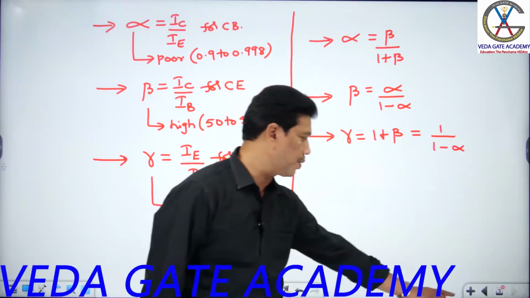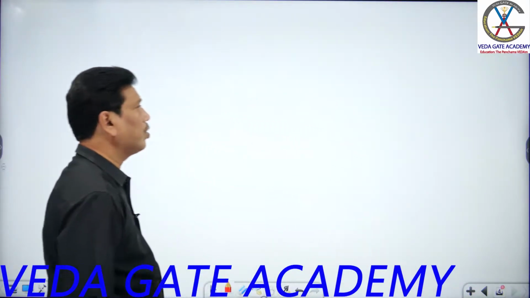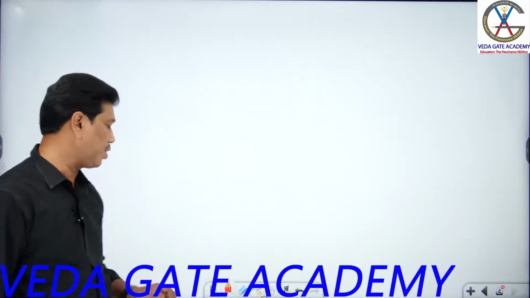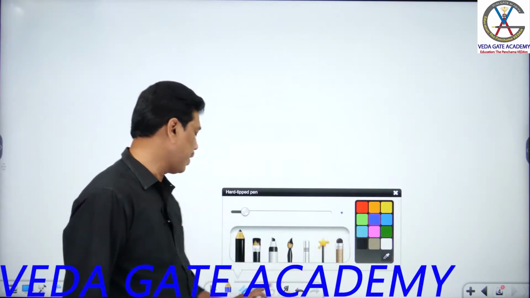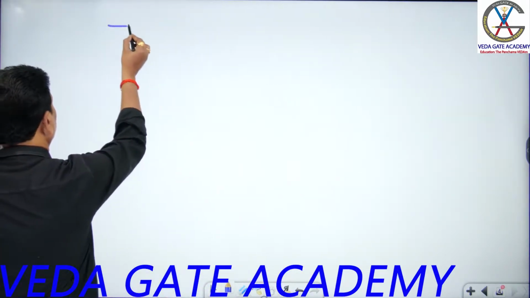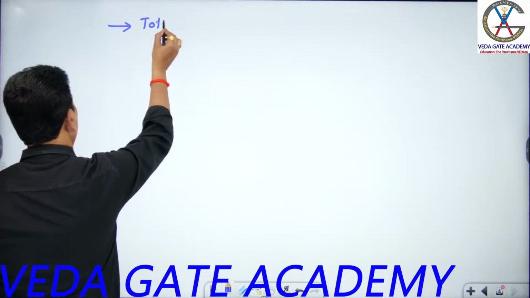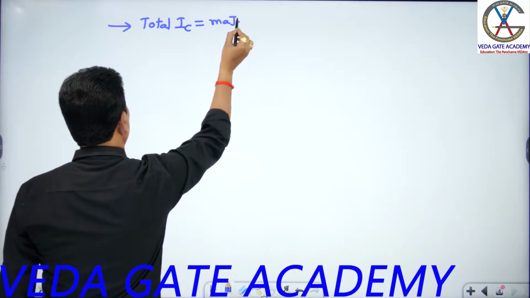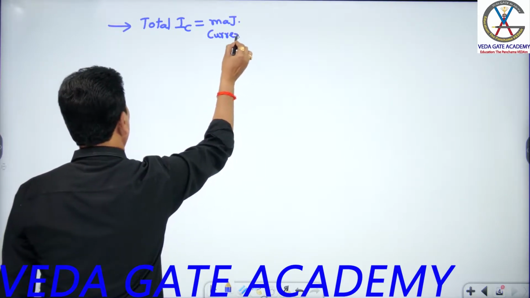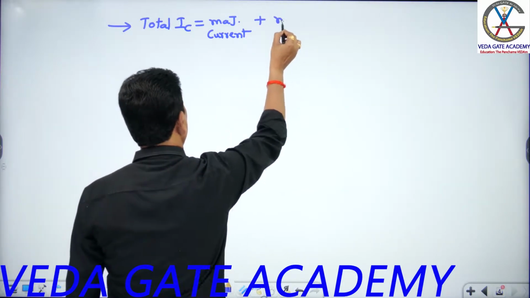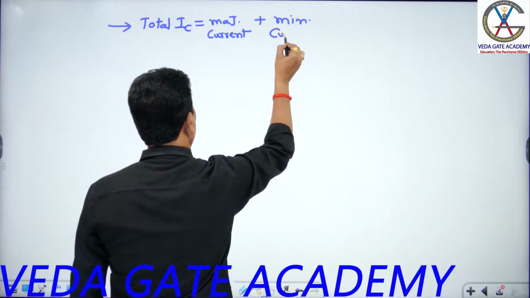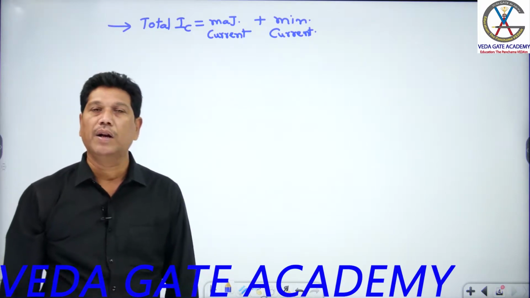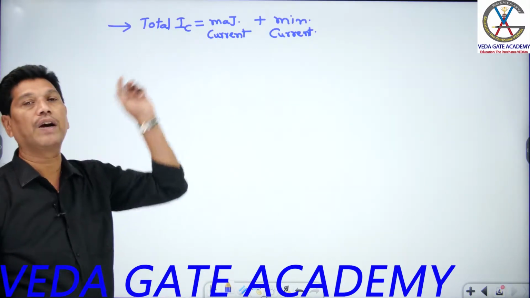Check out the other things in this you learned. You know that in a BJT, the total collector current IC is equal to the sum of majority current and minority current, you learned, students. So you know that the majority current flows according to the current controlled phenomenon as a function of input current. For that only you know the current gain factors.